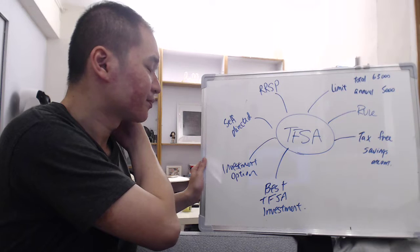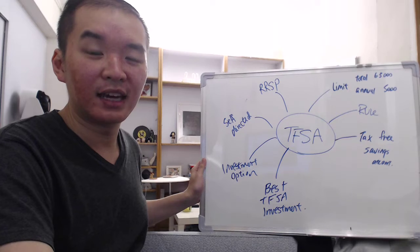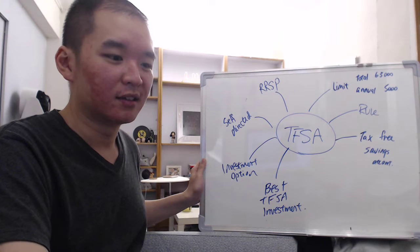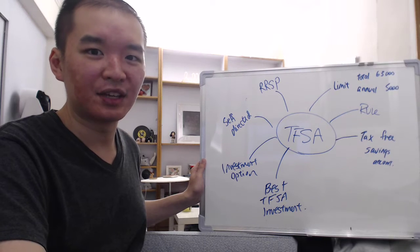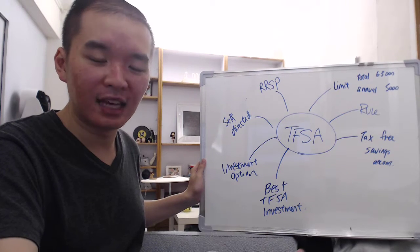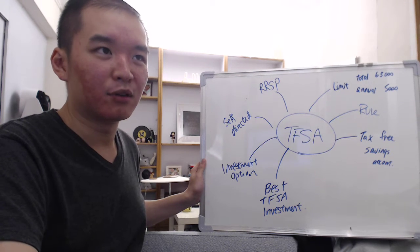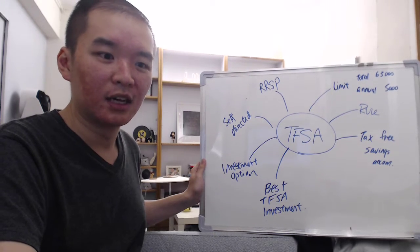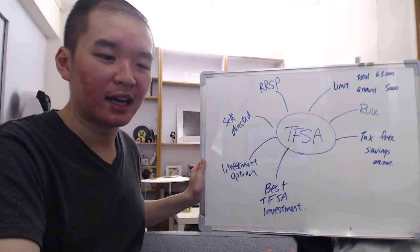Okay, all right. So there are quite a few different versions of TFSA accounts. Most people, when you go to the bank, are going to get what they call a regular TFSA account, or a high interest rate savings TFSA account. This allows you to invest in mutual funds. This also allows you to just have a savings account where you're earning an interest of 2 to 3%, which will probably be considered on the high end nowadays, or 4 to 7% for mutual funds. So it's not a lot, it's all right, and they're just treating it like any account where you can invest